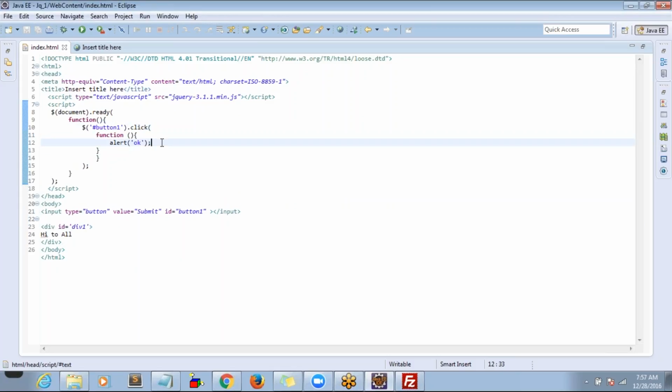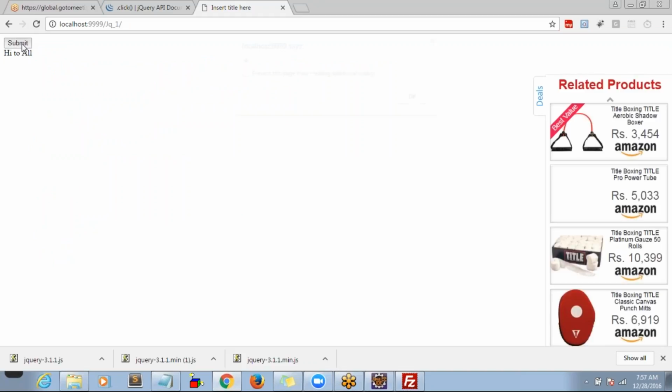So first display the alert message. There is a method called hide. So whenever you click this button, first I am displaying the alert message, correct? After that, I am going to hide the div. So let me refresh it. We will see. So now the div is appearing, correct? You can see the div. You can see the button. If you click that one, first the alert is displayed. If you say OK,